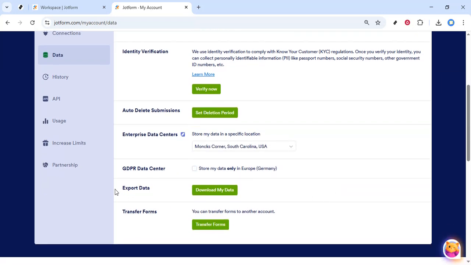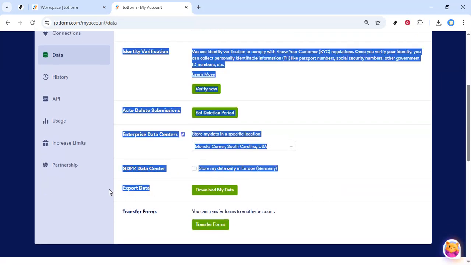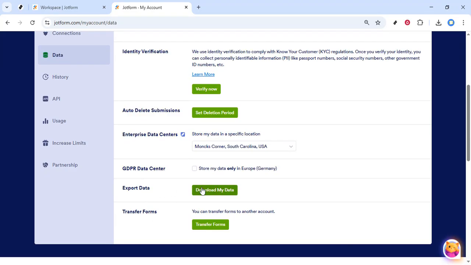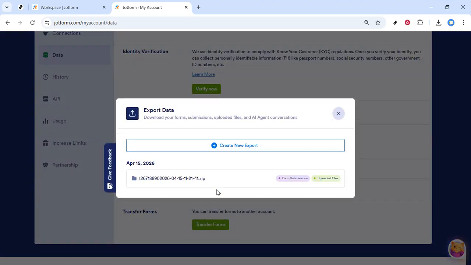This area allows you to create a downloadable copy of your account data, including your forms and submissions. Find the button that says Download My Data. Go ahead and click that button. Jotform may take a moment to prepare your export, especially if you have a lot of forms or a long history of submissions. Once the export is ready, Jotform will provide you with a downloadable file, usually as a compressed